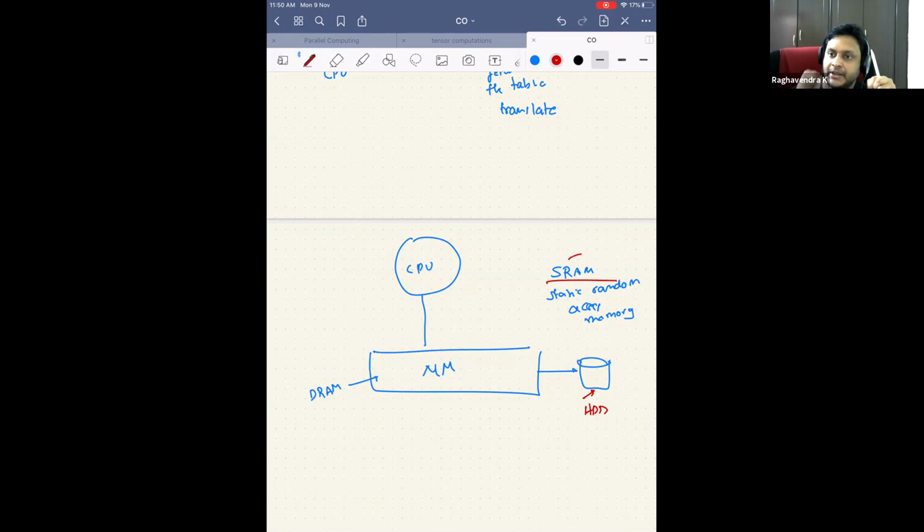Whereas DRAM uses a transistor and a capacitor to remember something per bit. That's why the cost of DRAM is very less compared to SRAM. The reason is that it uses only 1 transistor, whereas SRAM uses 6 transistors. That's why you can have 8 GB of memory, but generally you don't see an 8 GB cache, at least today. Of course I can't make a generalized statement, but in general, when I buy an Intel processor it has an 8 MB cache, but you can have 64 GB RAM and things like that.